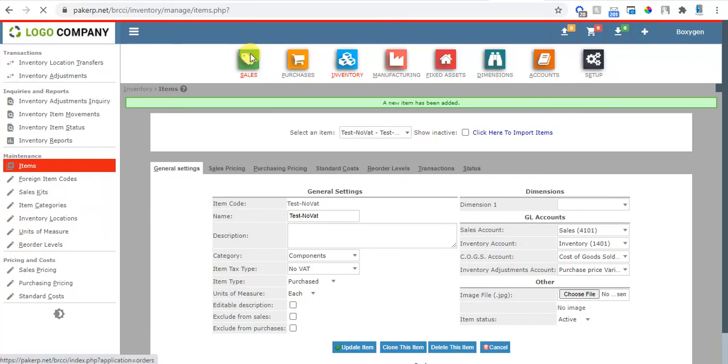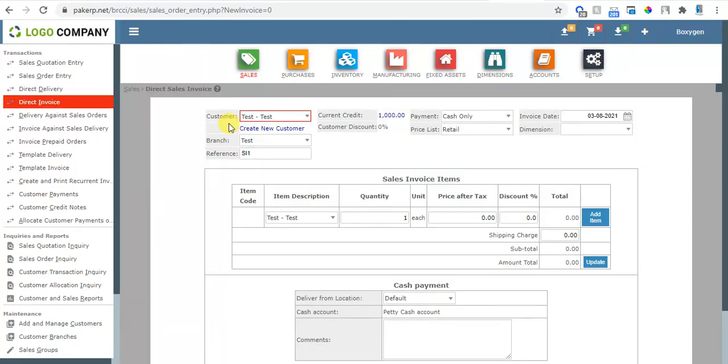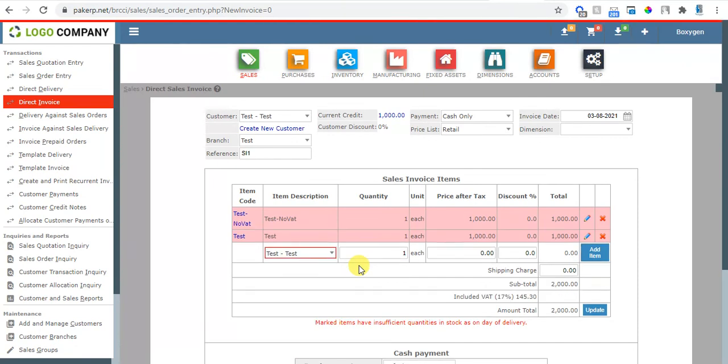Now even though my customer is eligible for the sales tax of VAT, if I select this item, there will be no tax applied on this item. You can check. But if I add the other item, test, you will see the tax is being applied. This is how item tax types work.